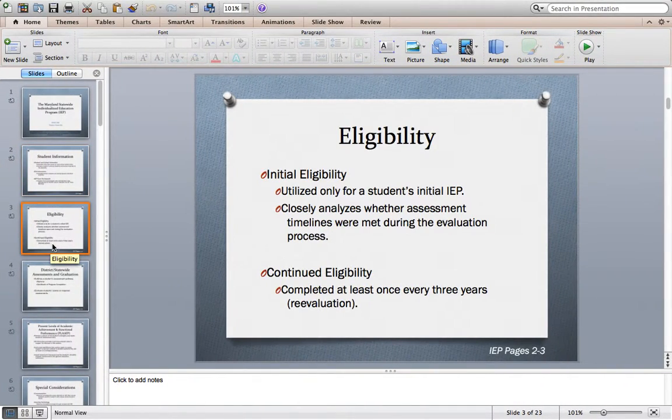So as we move now to the next section of the IEP, we're going to be looking at pages 2 and 3 of the PDF document and talking about the eligibility section. There's several different types of eligibility sections that may appear in your student's IEP. If it is the student's initial IEP, then you will see the